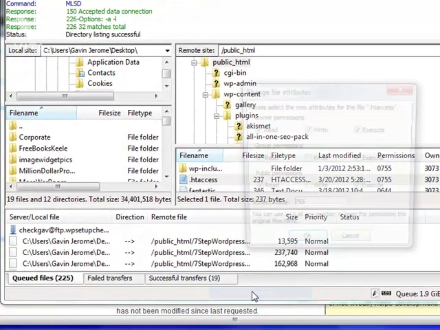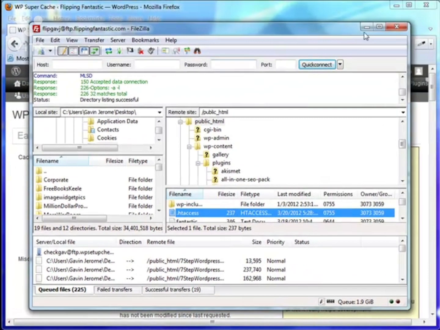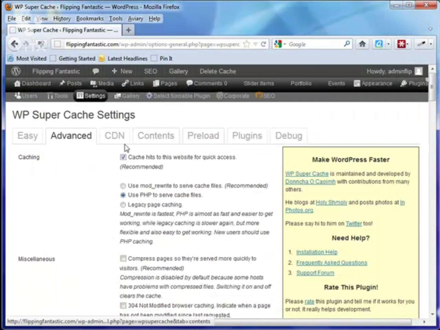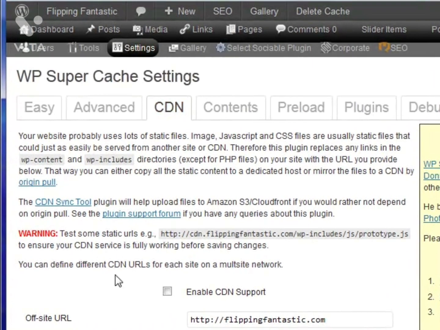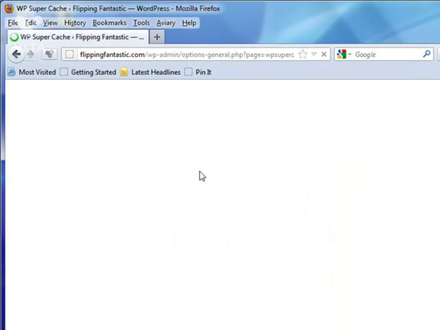You can change the permissions right-clicking. Mine is at 755, allowing me to write but not let anybody else write. If you use a content distribution network, that's very important. All these other tabs you can play with at your leisure, but WP